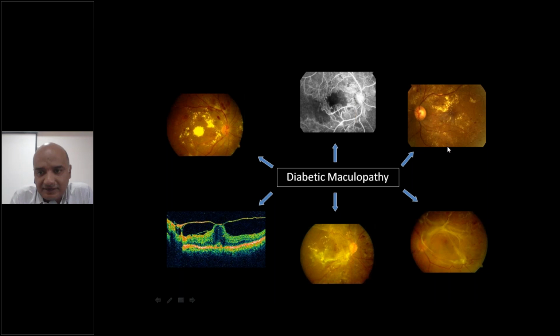And this is the example. And as I had discussed, fibrovascular proliferation. If you see in this particular picture, there is a lot of fibrous proliferation in the retina. So this is fibrous proliferation. What does this do? It causes traction on the retina. Once it causes the traction on the retina, it causes retinal detachment associated with vitreous hemorrhage.